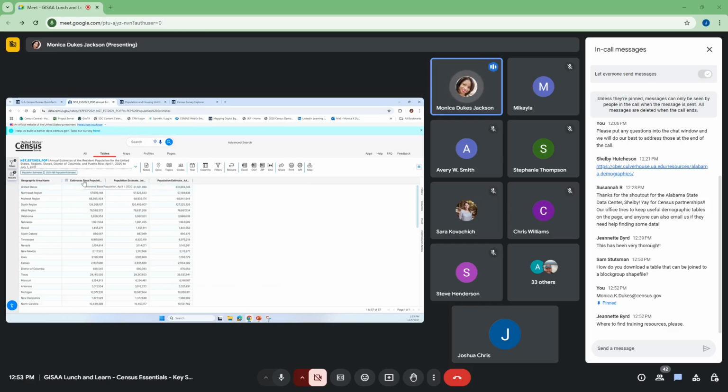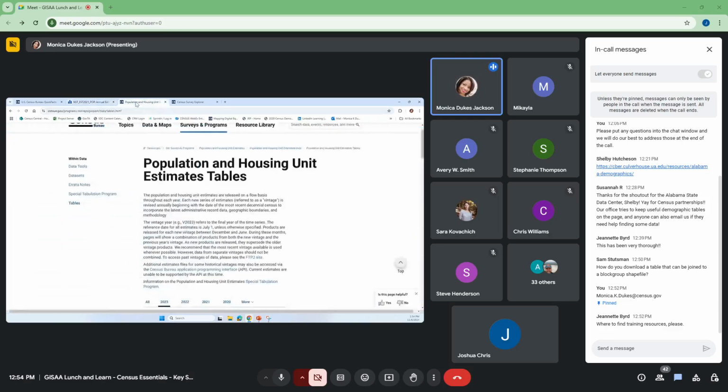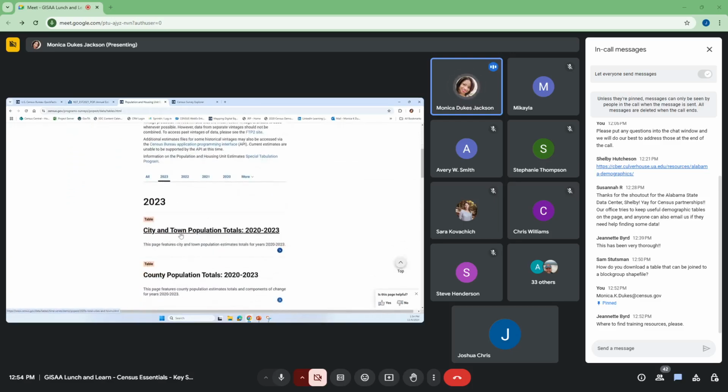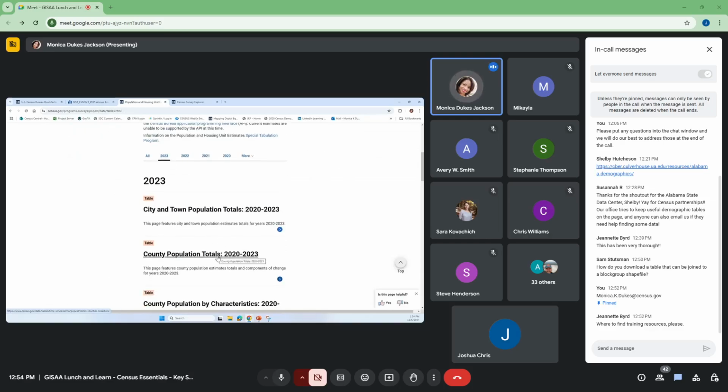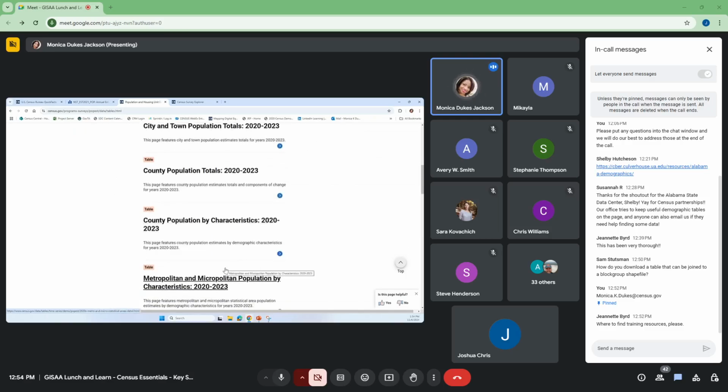We can see here we have our base population estimate from the count from 2020. Then we have the estimate, which was updated for July 2020, and then the update for 2021. Again, you can take a look at this for different geographies. It looks like we have all of the states in this table as well. But if you wanted the more detailed Excel tables, you can click on each of these labels and you'll get those Excel files. If this is more of what you're looking for for the population estimates,